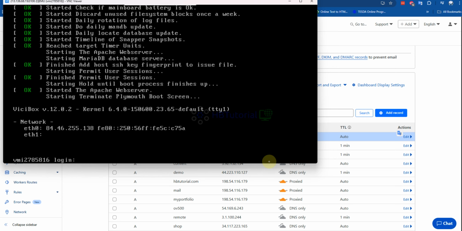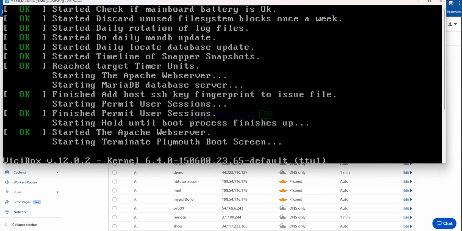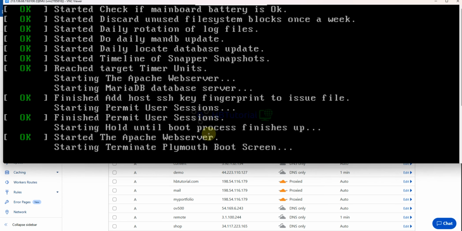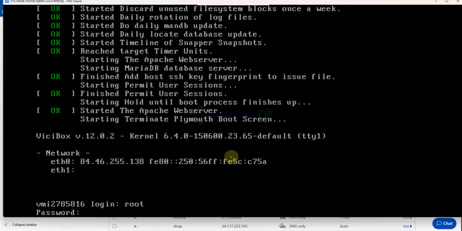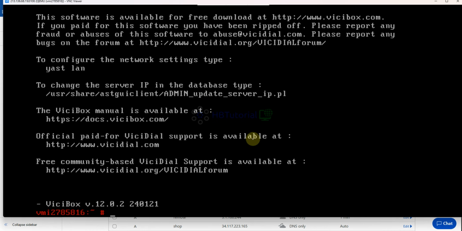Okay, let's log in again on our BC box. The password is the one you created before during the installation. So hope we did not forget. Okay, we did not forget yet.